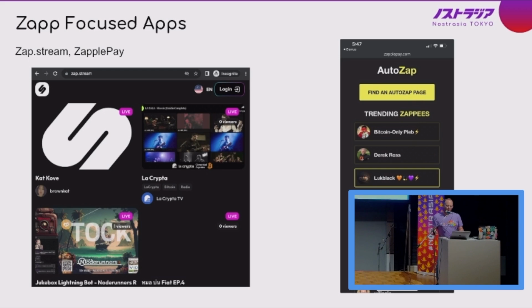And then there's plenty of other apps, but one that people like is the auto zaps. Let's say there's a dev and you want to zap them so many sats, so many pieces of Bitcoin every week, whatever. You can do auto zaps for certain people. There's also the trending zappies. Because Nostr is completely open and you can see everything that's going on, you can see who's getting how many zaps. Someone created an app that can show you who's getting a lot of zaps, right? The trenders.